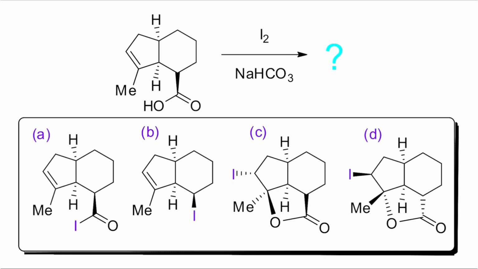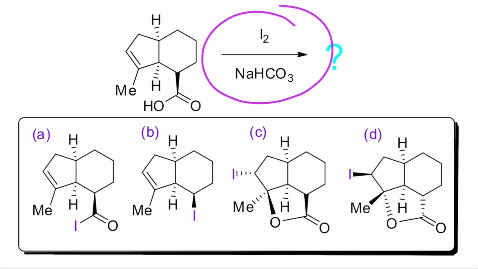Let's start. If you look at this example very carefully, this is a relatively easier small molecule, although it has some stereocenters. The reagent is very interesting: iodine and sodium bicarbonate. This is nothing but the iodolactonization reaction. I have already discussed a dedicated lecture on this topic. The students who have any doubt on this chemistry, please visit the top video.